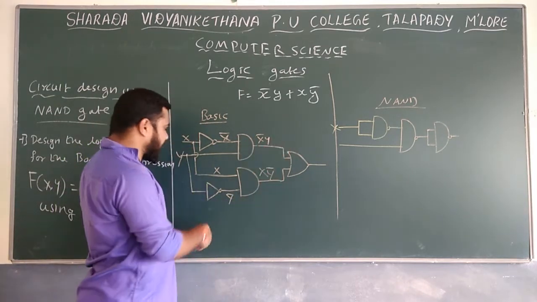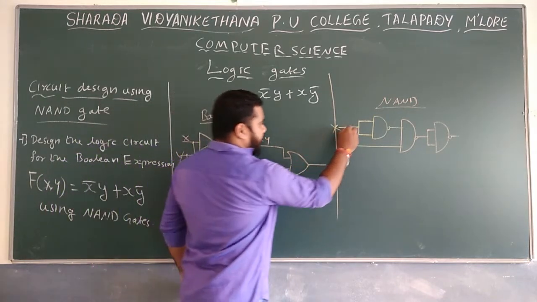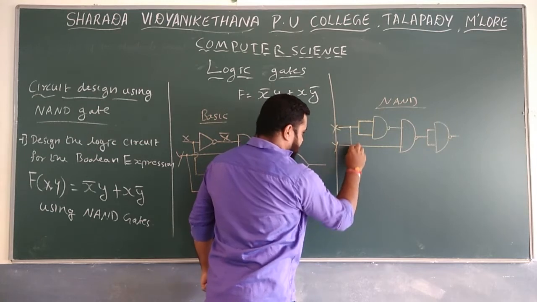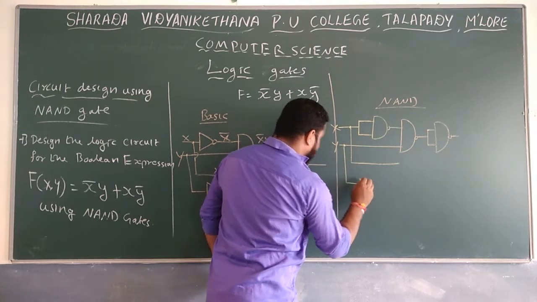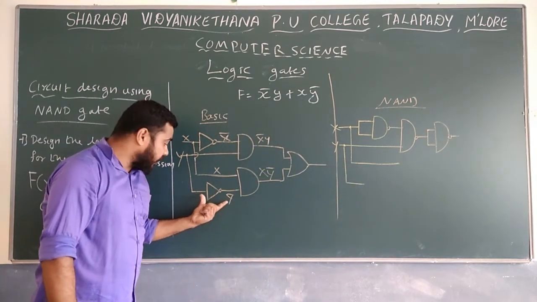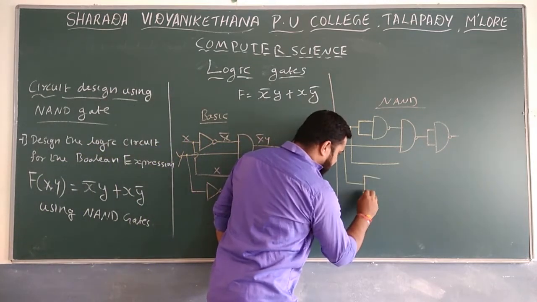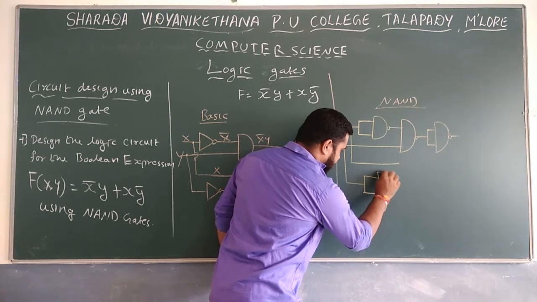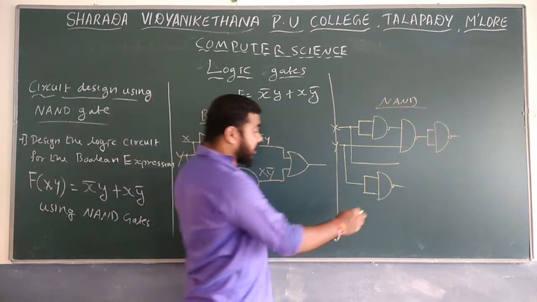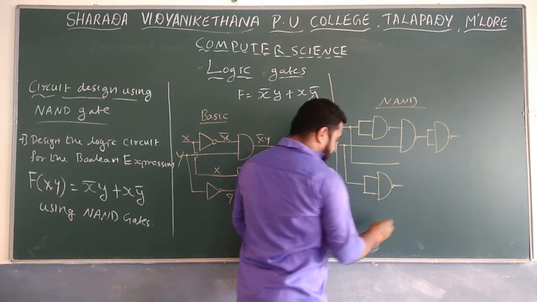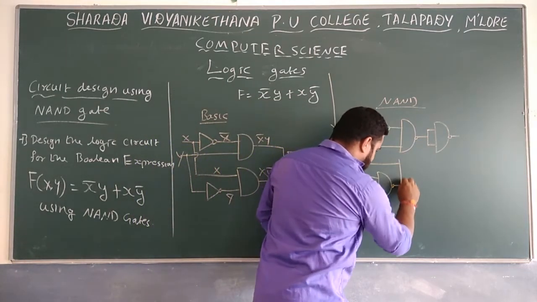The remaining part is the second part, which is the same for us. Go for the second part. In the second part, first you should take the X. I take X like this. If you take Y, a NOT gate is there. How can you construct it? Write the NOT gate here, using the method of constructing the NOT gate. After constructing the NOT gate, next one is the AND gate. How can you construct the AND gate here? Same reason as before. This is for the AND gate.